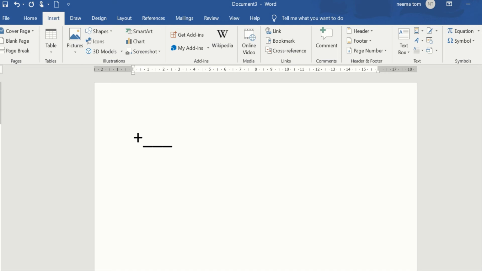Underscore means shift and hyphen. Underscore refers to the width of the column. If you want a small column width, you can use fewer underscores. If you want more width, you can use more underscores like this. Then press the enter key.